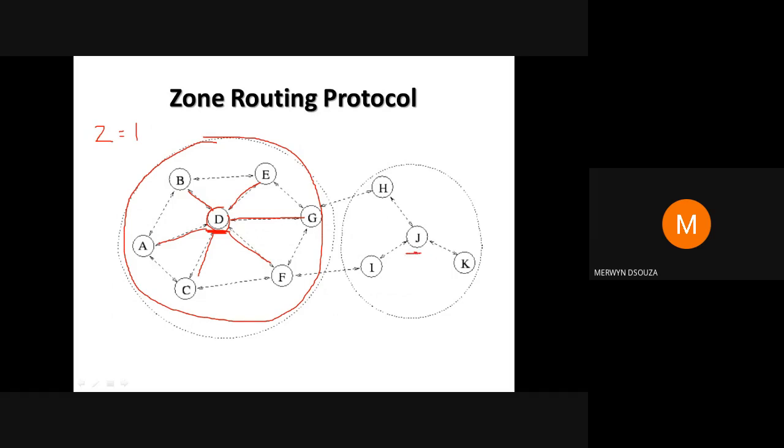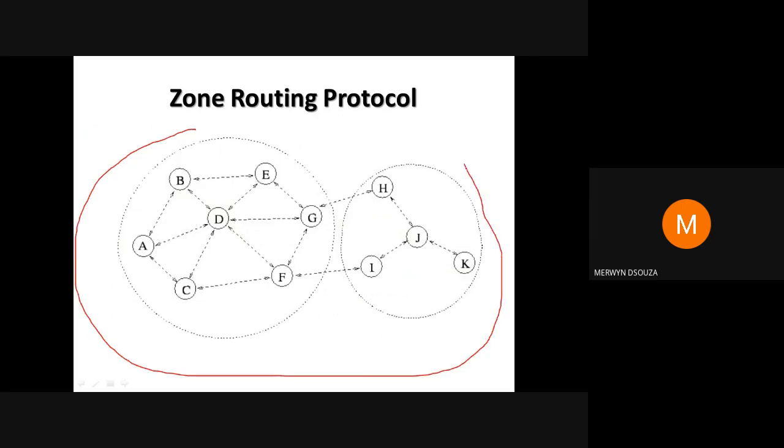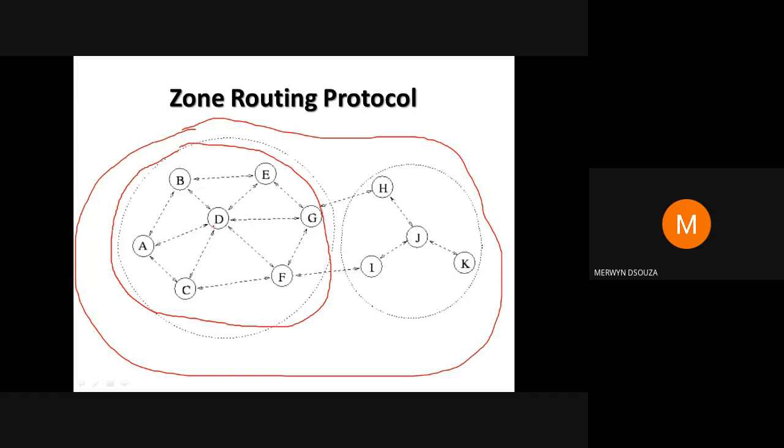Similarly, you take this as the source node, so all the nodes that are one hop from this node will be taken as another zone. This is something similar to clustering, as those who had studied data mining will know. So this entire thing is one network, one mainnet, but within this one mainnet we are having two zones. This is the first zone, a slightly bigger zone having more nodes, there are 7 nodes, and this is the second zone, wherein there are 4 nodes.